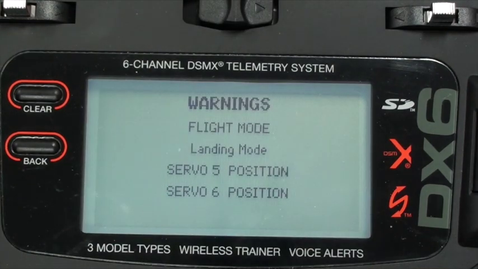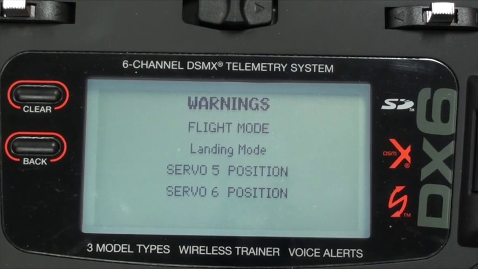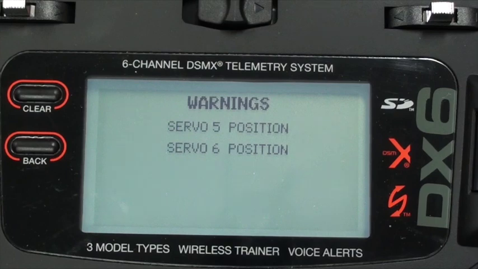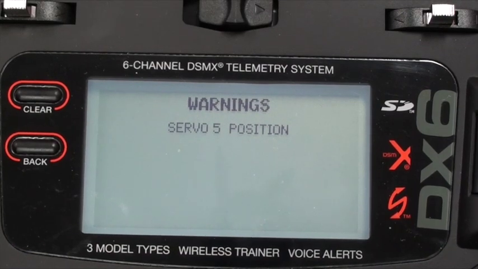Warning, landing mode. Warning, servo under 10%. Warning, servo over 0%. Okay, so I'm going to turn the landing mode to launch mode. Launch mode. I'm going to flip the servo under 10%. Warning, servo over 0%. I'm going to switch the F switch so the throttle hold is on, and then I'm